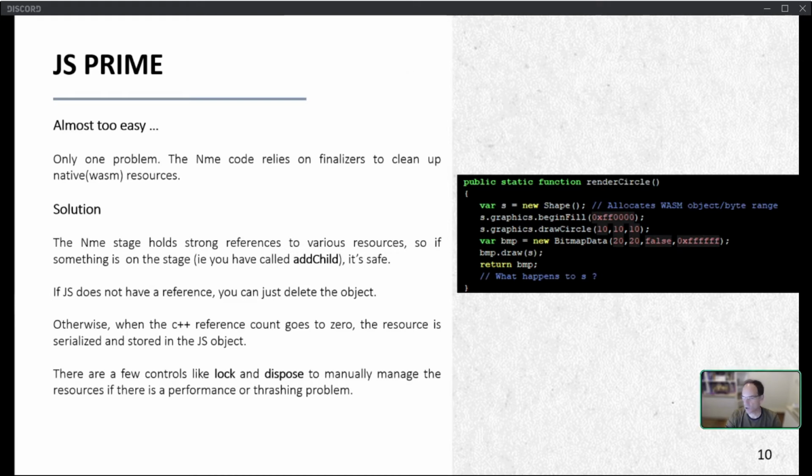So if you can see this code snippet here, I create a shape, do some stuff to it, render it off to a bitmap, and then just let it dangle and ignore it. Normally the C++ garbage collector would come along and clean up the resources, but JavaScript is reluctant to give you a finalizer.